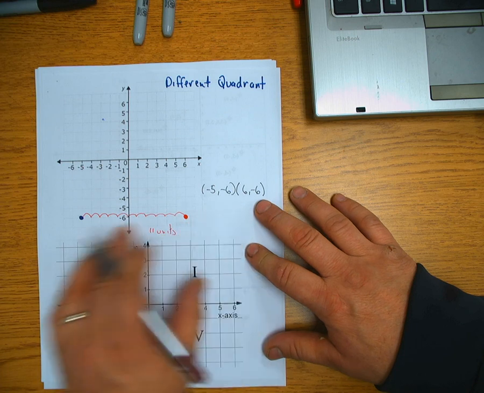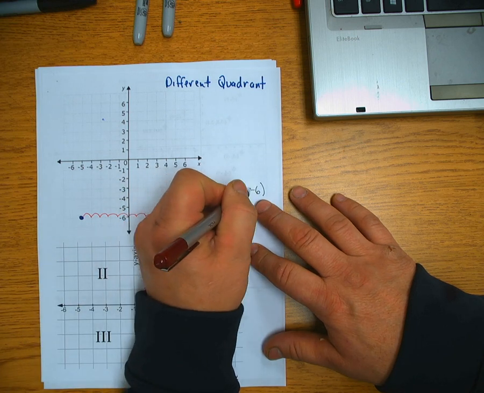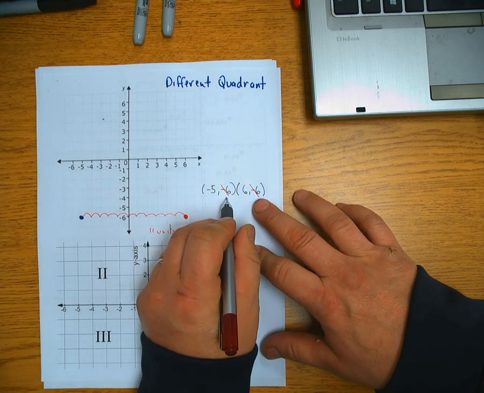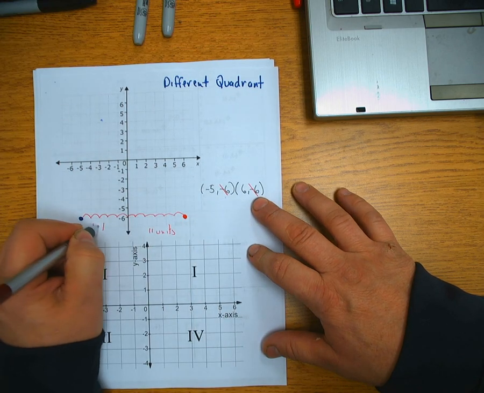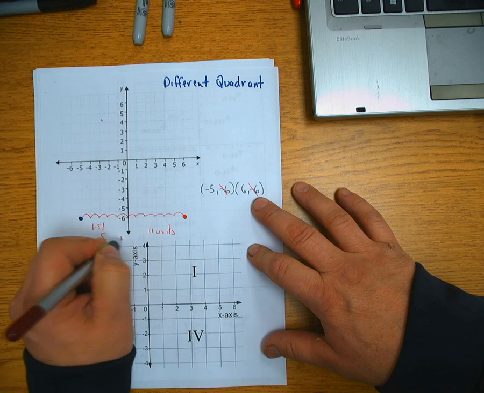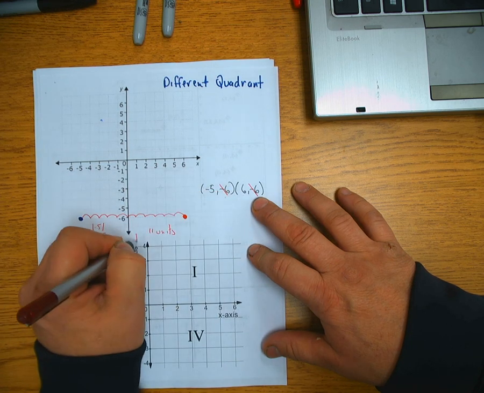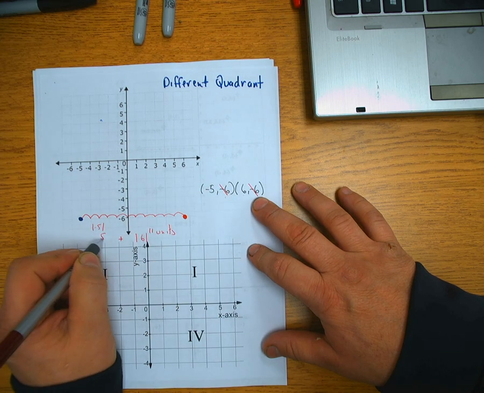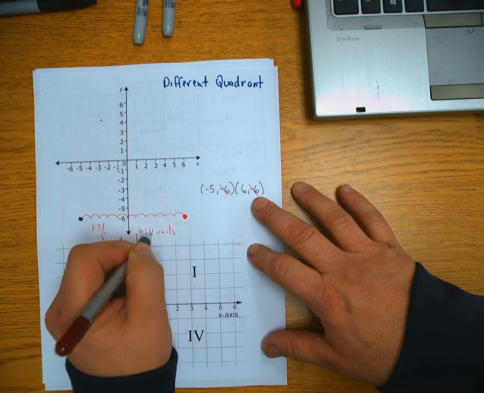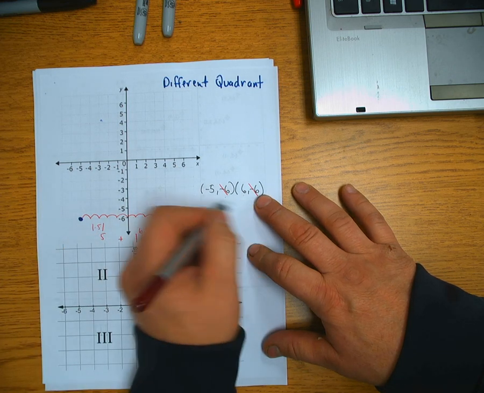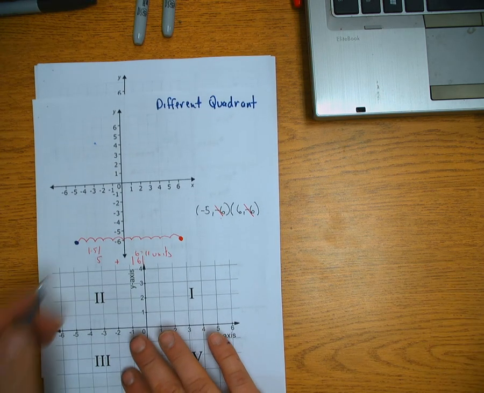I can also use the method of using the coordinate pairs. In this case, the y's are the same, so I get rid of them. I have the absolute value of -5 plus the absolute value of 6. 5 plus 6 is 11 units. That's if I use the coordinate method. But I can just count